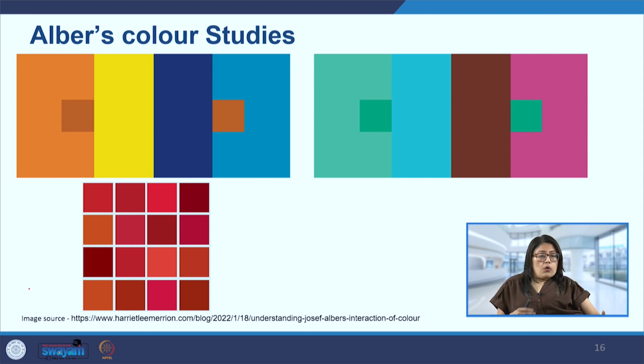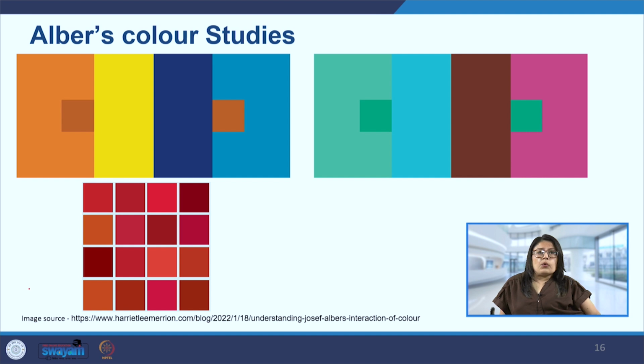So now for some it was a more bright red, for some it was a red with a little bit of pink in it, and so on. So we can see how we perceive color. For each of us, the color red could be slightly different. We may not all think of the exact same tint, shade, or hue of red when I mention the color red. Also, Albers did a lot of other studies, like the one on top here.